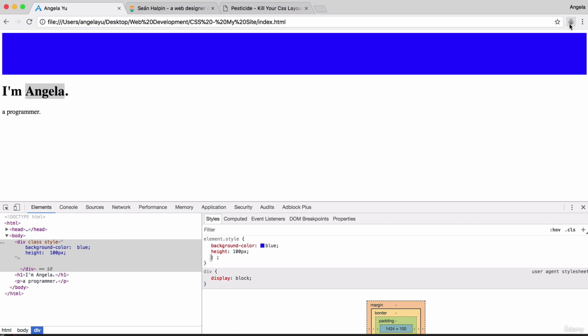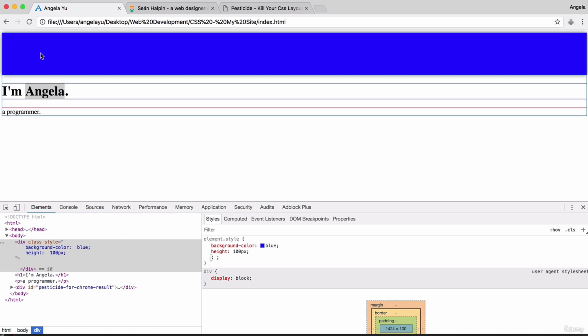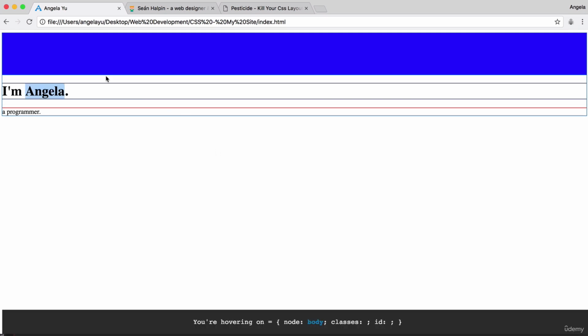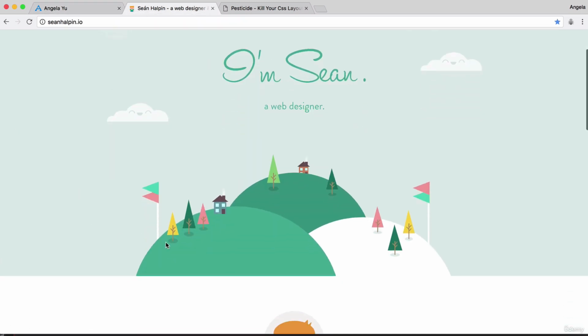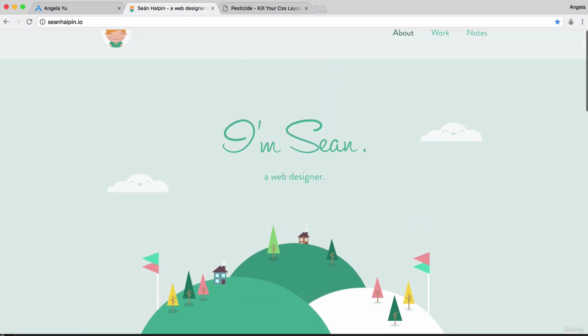And if I turn on Pesticide again, you can see that if I hold down Control and hover over this section, it's showing you this is the div, this is the H1, and this is the P. So the div is only there for you to structure and divide up your content. So if we wanted our div to perform a similar function to what we've got up here, which is the top part of the content, where he's grouped together a title, a subtitle, and an image, then